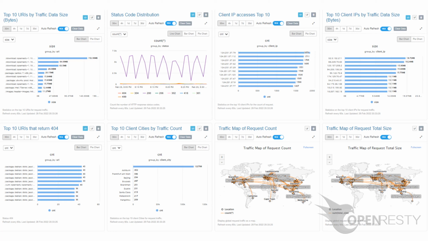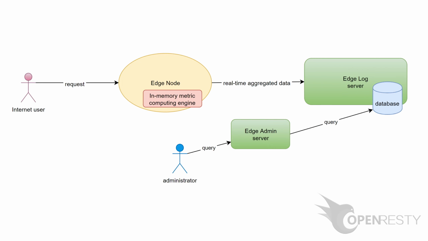Today, I'll demonstrate another cool feature in OpenResty Edge. That is, using the metric SQL language to create new dynamic metrics. Dynamic metrics allow users to create metrics by writing SQL-like queries on the fly. OpenResty Edge automatically generates efficient code to collect and aggregate the metric data in each gateway server's memory. The data is then reported to the web console and displayed in pretty charts in real time.